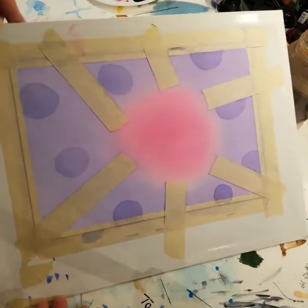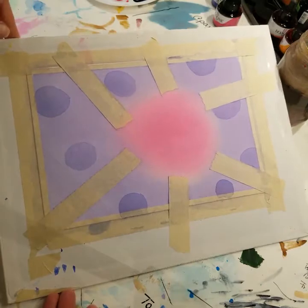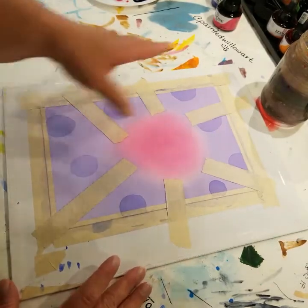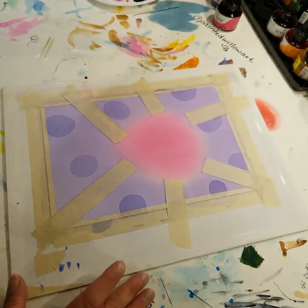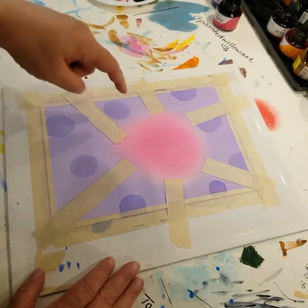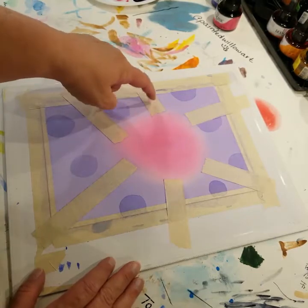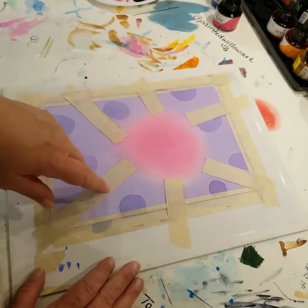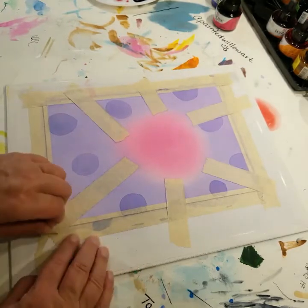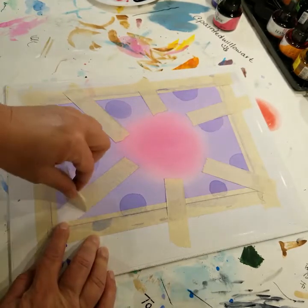Okay, so we're back and everything's dry. Now comes the untaping part. And for me, this is always the best of times and the worst of times. Because even though we tried to get these pressed down as good as we can, sometimes the paint can bleed underneath. So we're just going to go around and pull up each of these corner ones, or each of the rays,